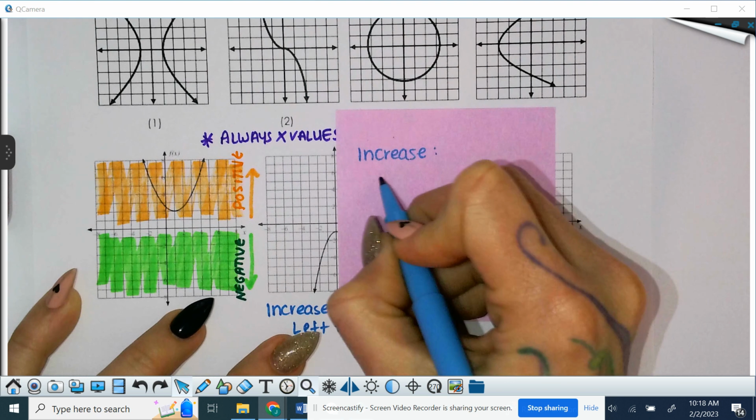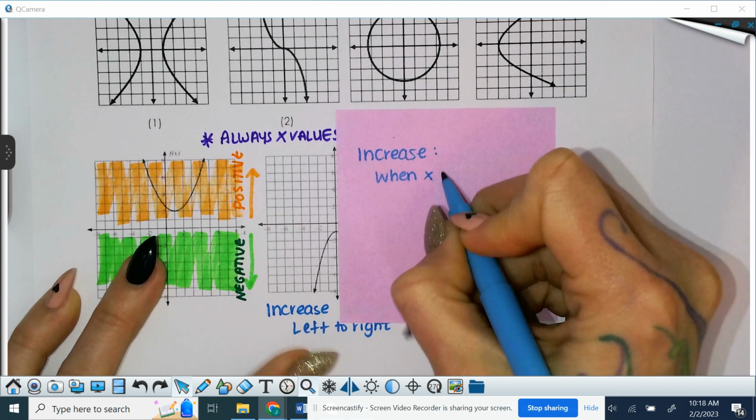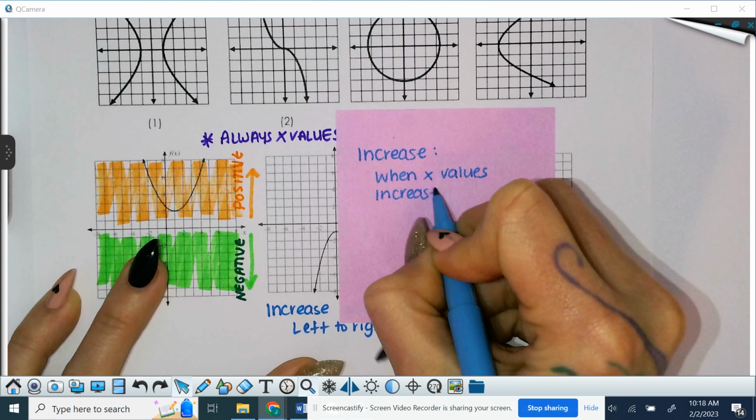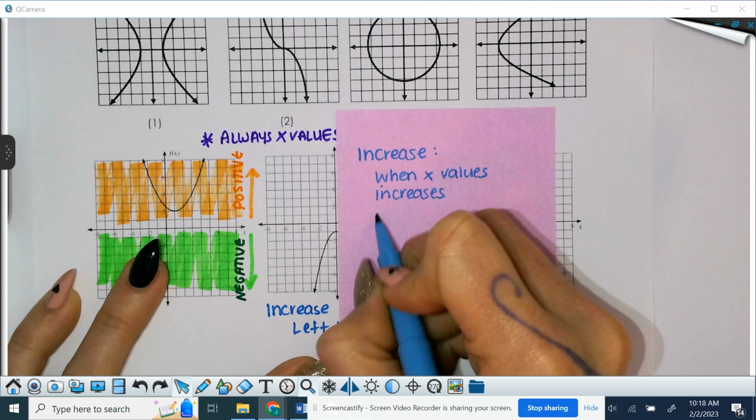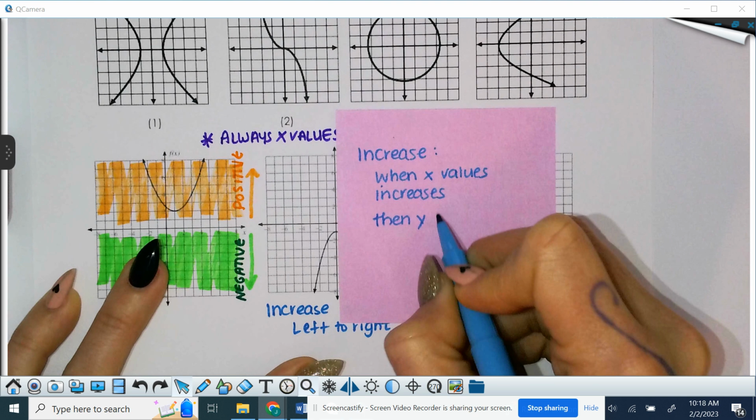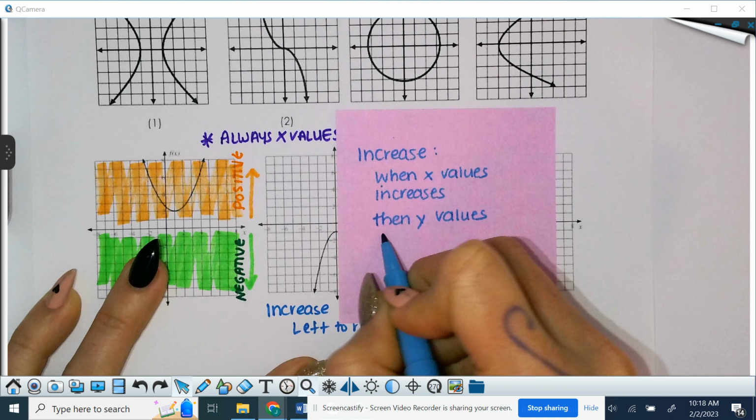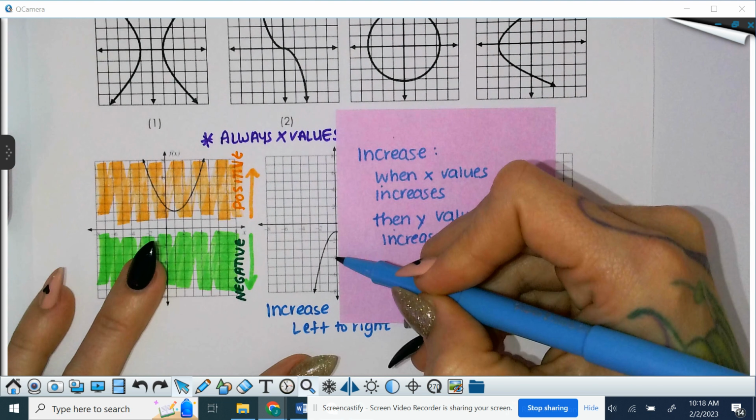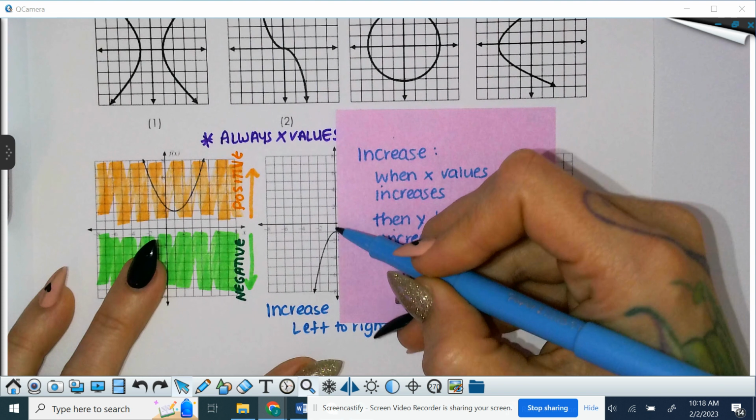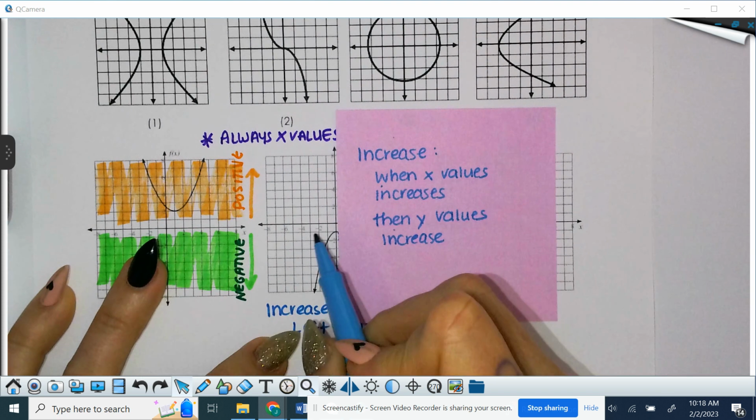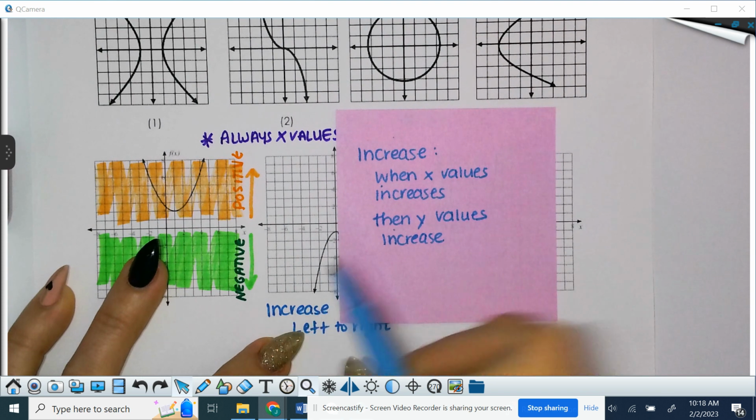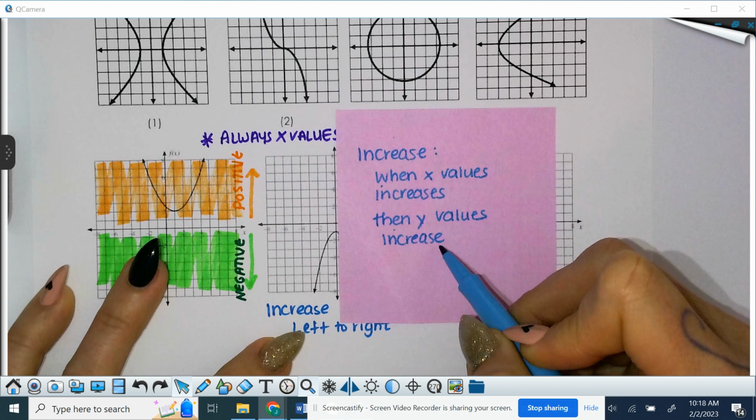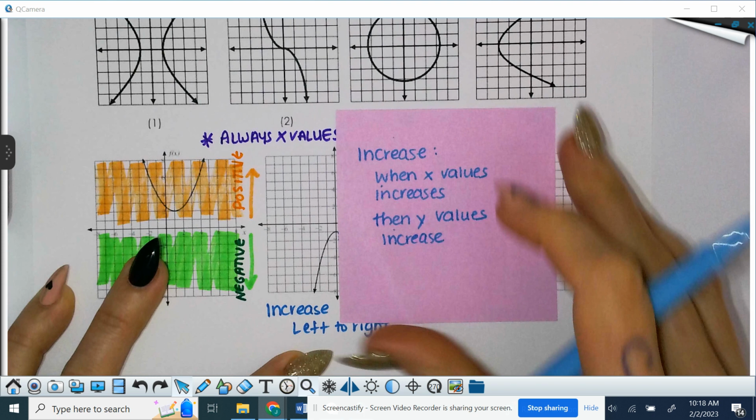So the definition of increase is that when the x values increase, so when they get bigger, reading from left to right, then the y values increase as well. As you see, it was -8, -6, -4, -2, -1, as my x values were -3, -2, -1, 0. So from left to right, x values were increasing, and y values were also increasing as I went to this point. If I keep going,